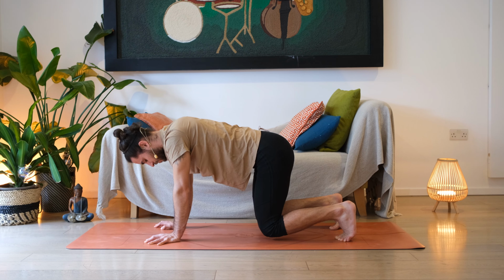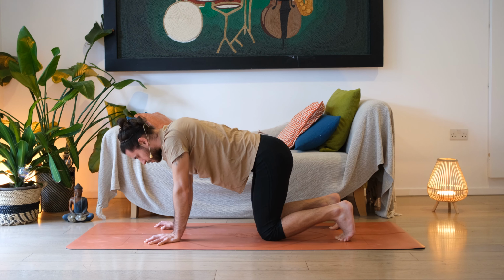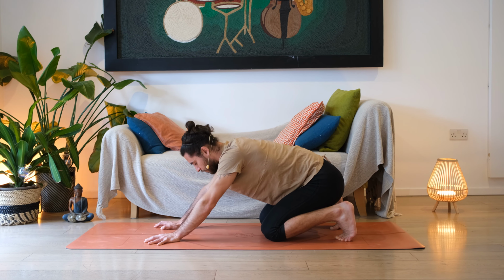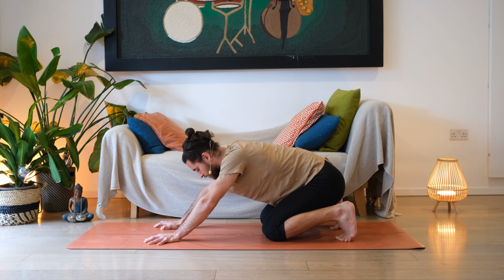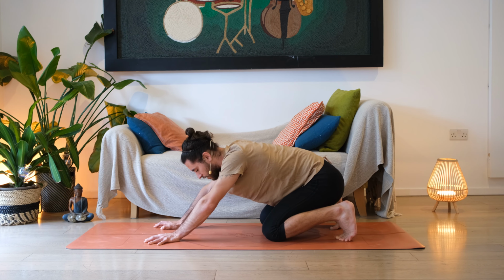Keep the knees almost touching the floor. They are only about 1 or 2 inches, 1 or 2 centimeters off the ground. Great. Slowly drop the knees to the floor. Send the weight back towards the heels. Move gently side to side and start noticing a nice stretch on the toes, a nice stretch onto the sole